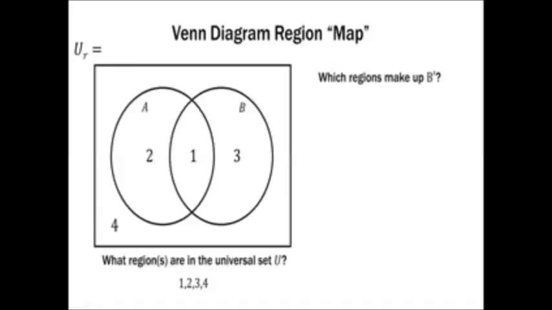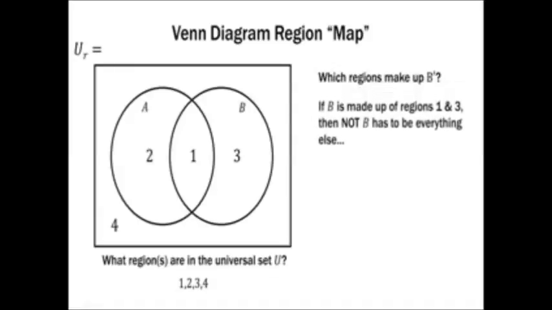Which regions make up B complement? Well, if B is made up of regions 1 and 3, then not B has to be